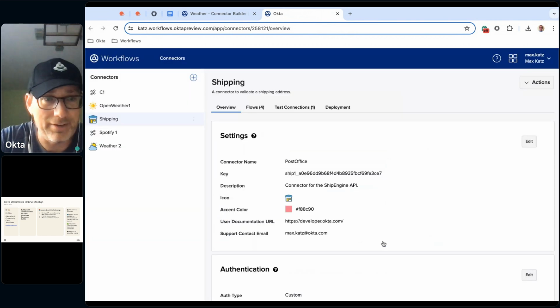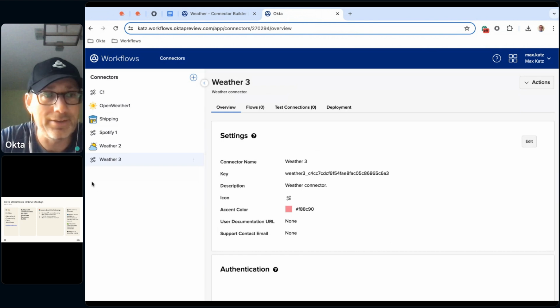All right, I'm going to click save. All right, and I created a new connector. Now,